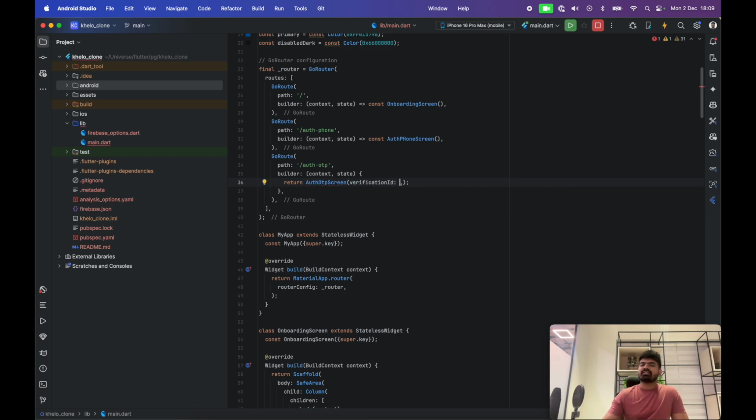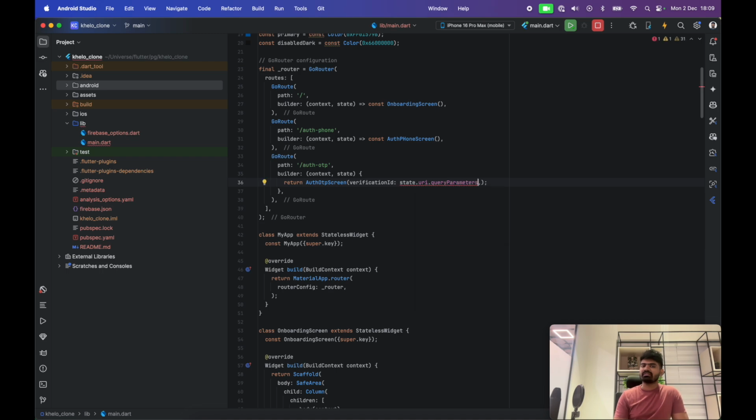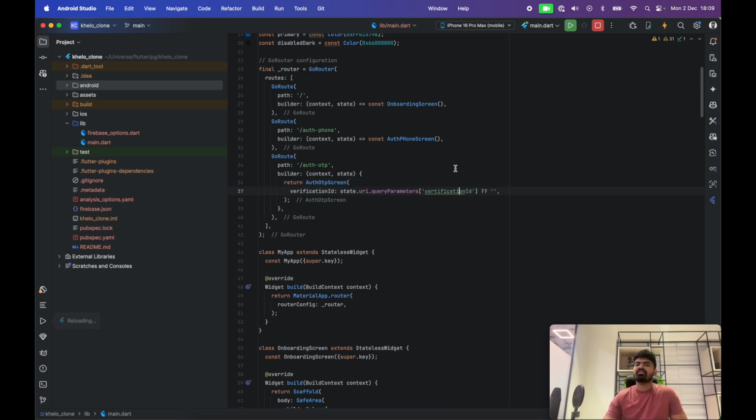and we'll have to add this verification ID here, and that query parameter is available in state.url.queryParameters, and here you'll have to pass verification ID. And here we will say, if you cannot find that, then basically give an error. Let's see